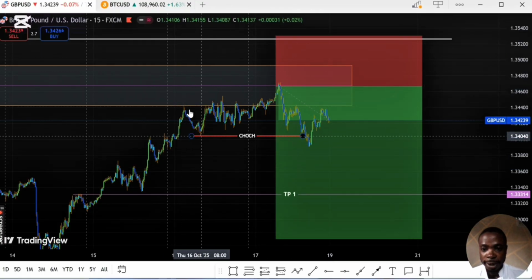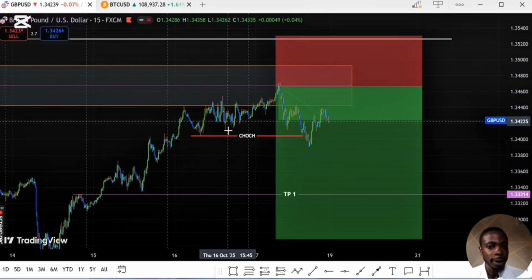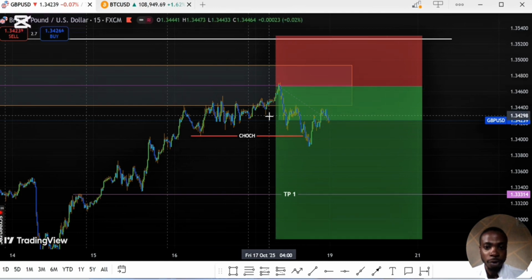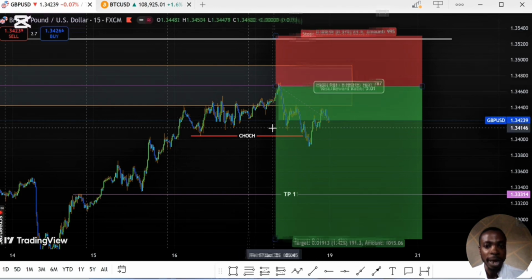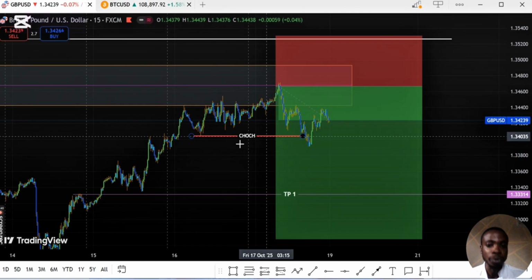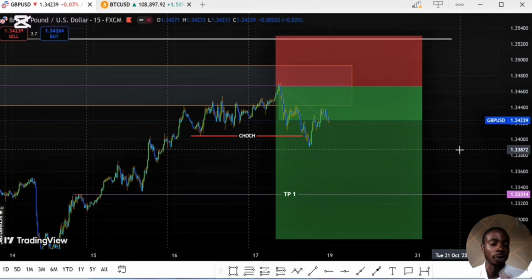This is a high, a low, a high, a low, a higher high. So the market was supposed to do the golden zone here, put up another high. It tries to pull back, but it could change character. Even on 15 minutes, we confirm change of character, which means as far as this trade is concerned, we have done our part.